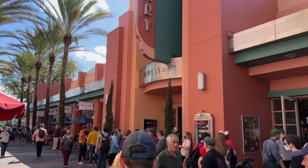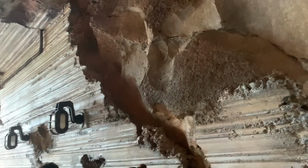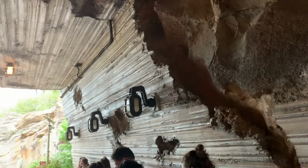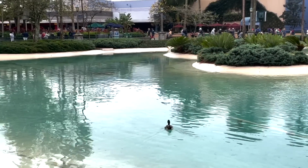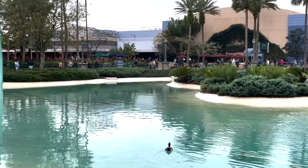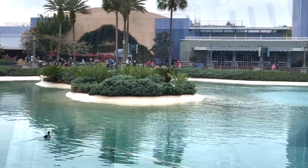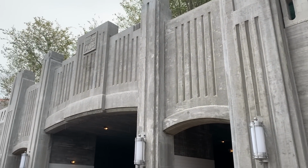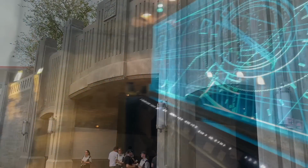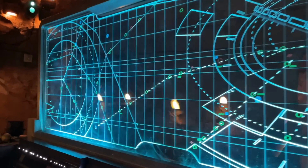It can also be a path that bottlenecks immensely, which may not be great for you if you struggle with intense crowds in one centralized location. If your goal is to avoid crowds as much as possible, then try turning left once you hit Echo Lake before the Chinese Theater. Walk past 50's Primetime Cafe and Indiana Jones Epic Stunt Spectacular and head on over to Galaxy's Edge from there. It's a longer path, sure, but you'll also be able to hear yourself think. Which path you end up taking all depends on what's most important to you, getting to Galaxy's Edge quickly or